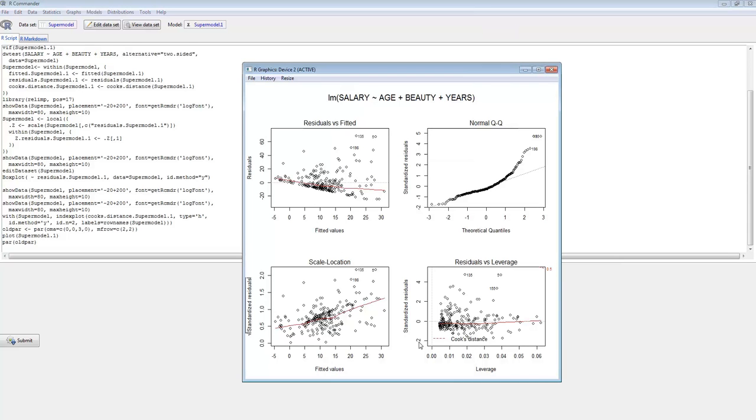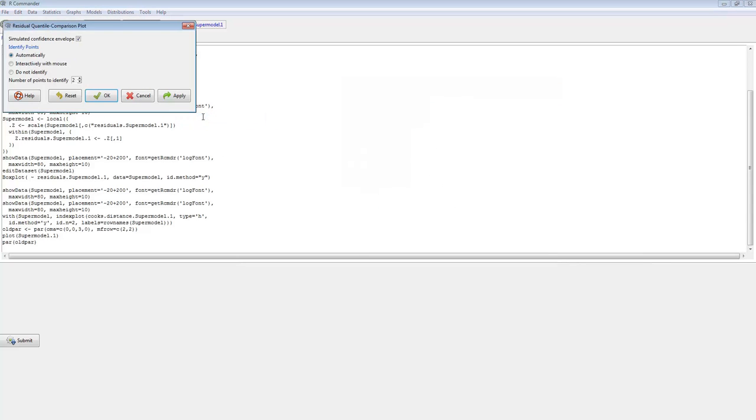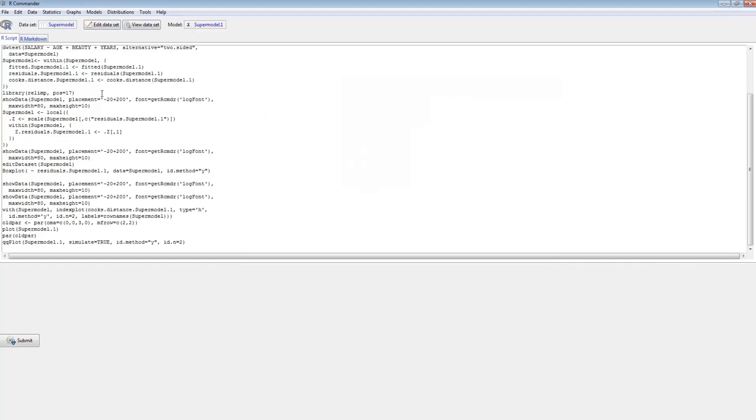and we have our standardized residuals, and we can see that we have -2, 0, and 2, and we have these guys, case 155, 135, and 50, which, if you notice, are beyond 2 standard deviations from the mean, which are easily considered to be outliers. When we look at the QQ plots, we can actually ask for a better version of a QQ plot by clicking on graphs and residual quantile comparison, and simply click on automatically, and then click on OK and